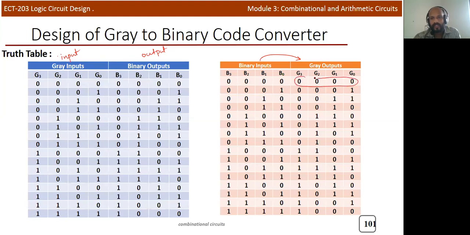Okay, this is the first value you need to write here. 0 0 0 0, and you need to write the corresponding binary output. So here you can see this is the corresponding binary output that you will write in the second place at the output side. Now we can see that here it is 0 0 1 1. For 0 0 1 1, the corresponding binary value is 0 0 1 0.